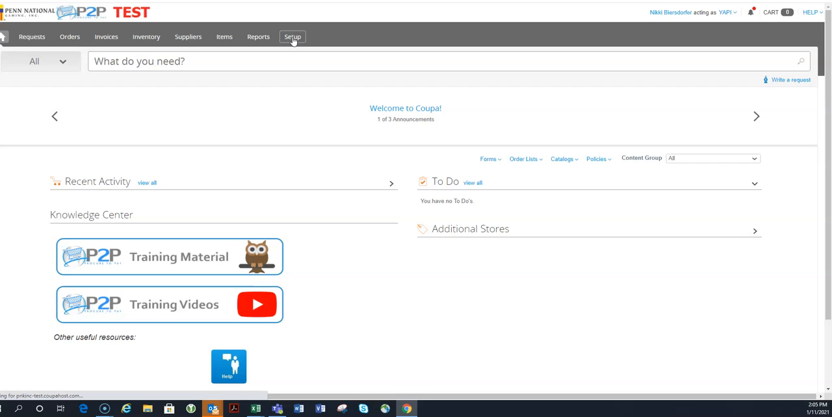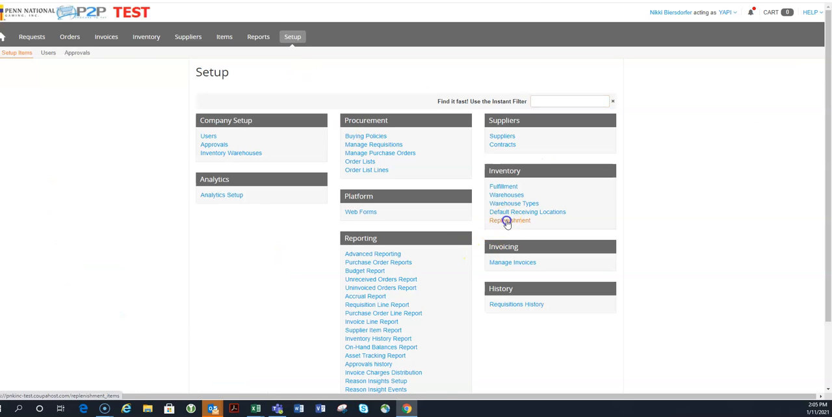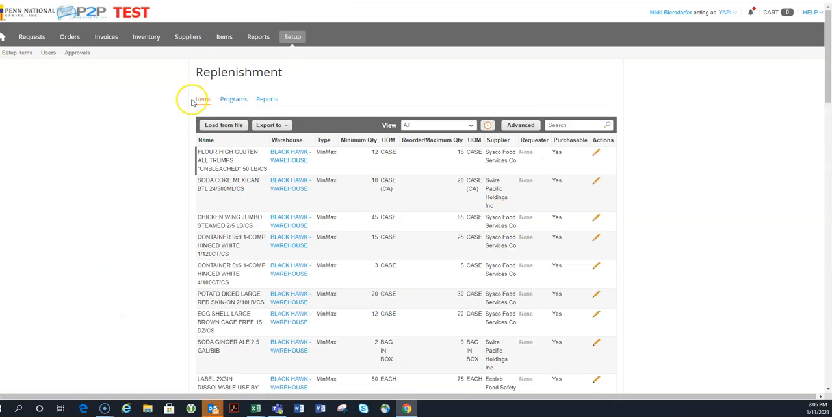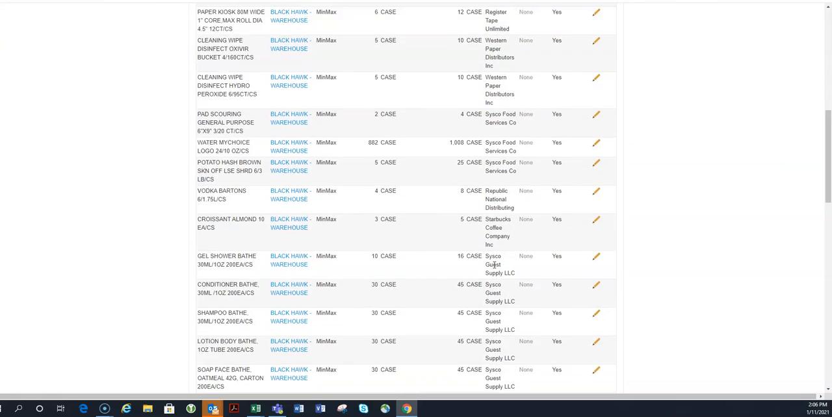go to Replenishment, and then make sure you are selected to items. This is actually going to be your whole list of items with your warehouse and the supplier that you're buying it from. Now, you could go through here and manually search this, but if you can see, there's a